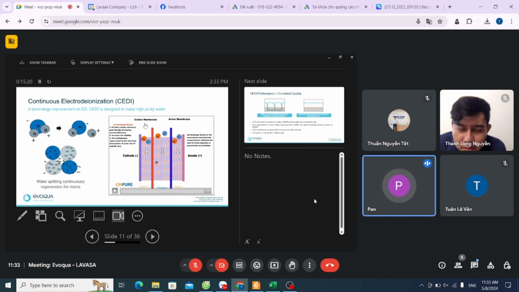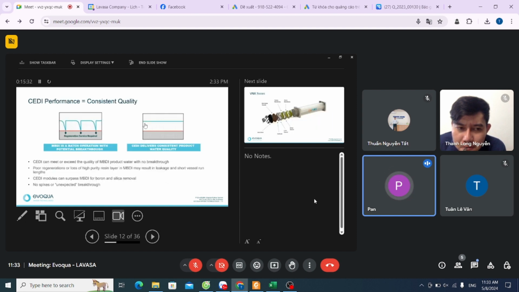So when you run the water through the EDI, the quality goes down, but at the same time it also regenerates. It goes down and it goes up, so there is an equilibrium where the water quality is always consistent and good. But mixed bed, there's always one run and one standby, where you need to use chemicals, the real ones, and do the